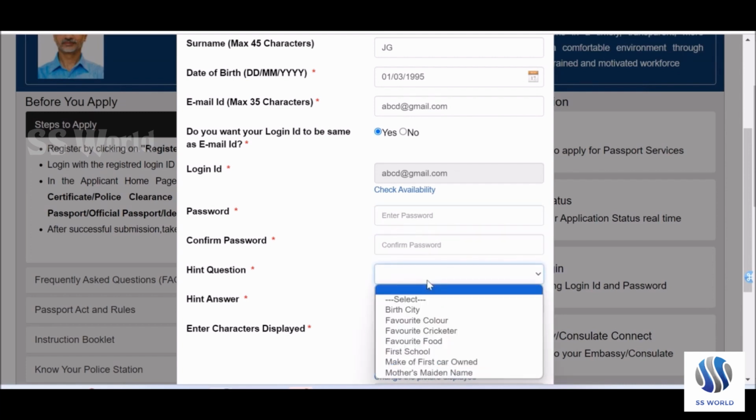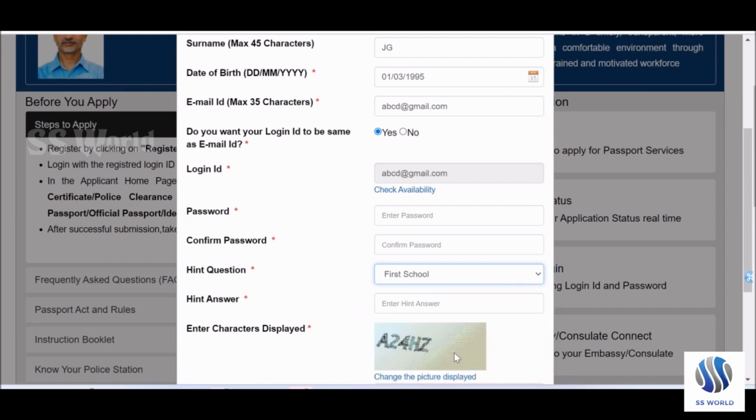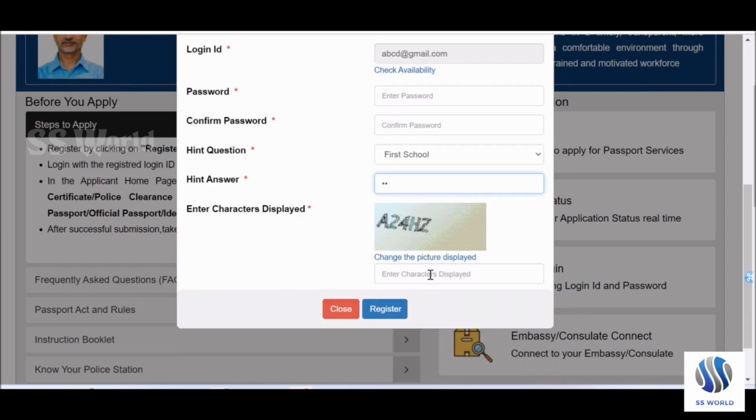Then the next is the hint question. Why we give this is, suppose you have forgotten your password, in order to recover your email ID or username or whatever it is, this hint question and hint answer will be very useful. Once you select this, they will use it to reset your password also, right. Once you have filled all these fields,